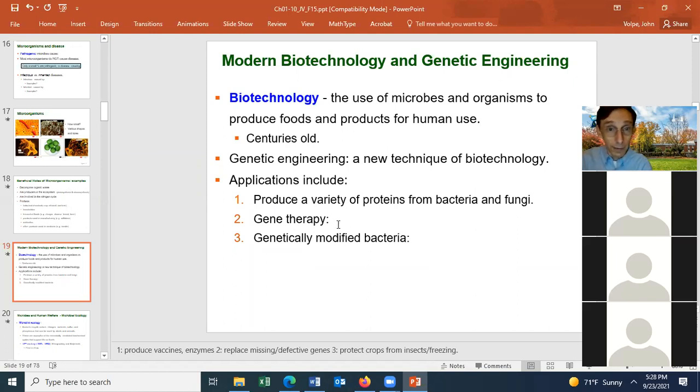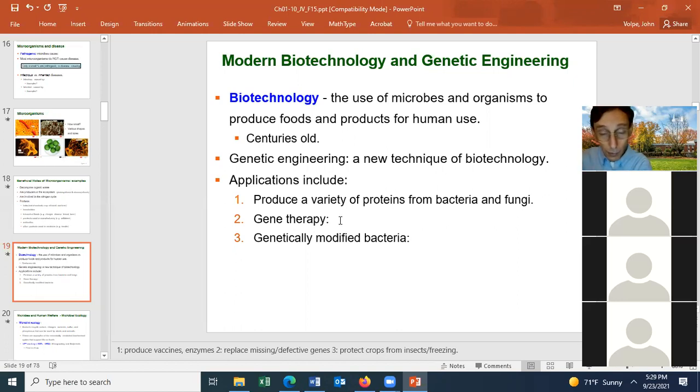Gene therapy, another technique of genetic engineering. With gene therapy, somebody is born with a defective gene, and then you use genetic engineering to put the correct gene in the person. The best known examples, and this has been going on for 20 or 30 years now,